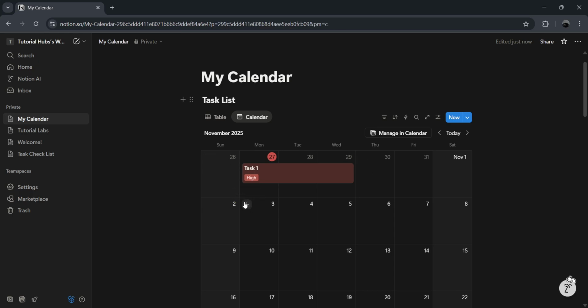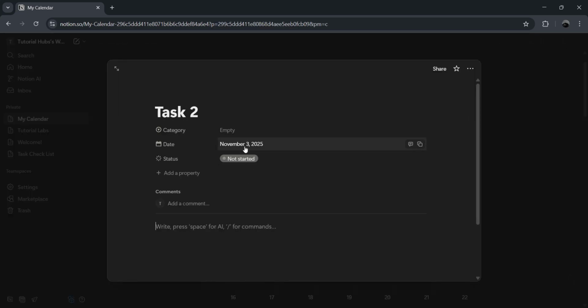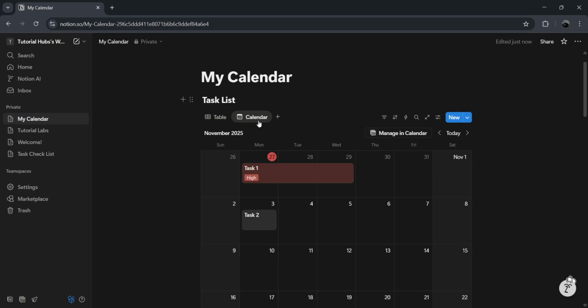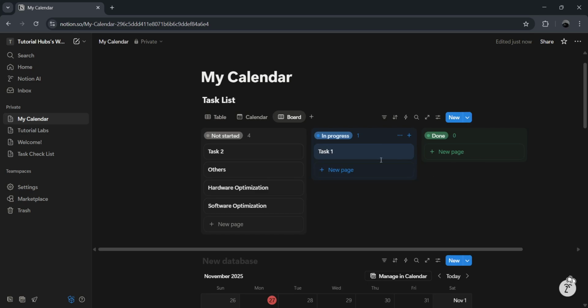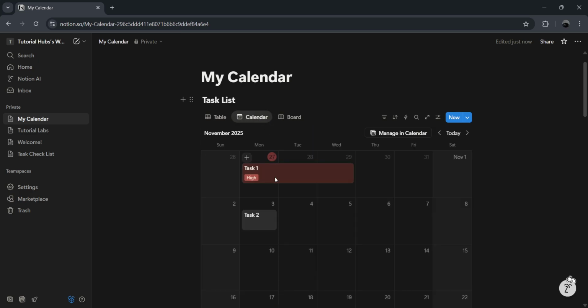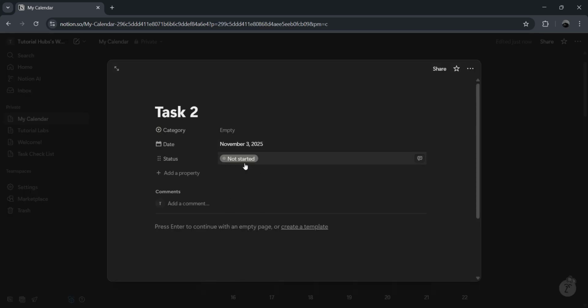For an even more comprehensive view, utilize multiple calendar views or switch to board views to see your time blocking from different perspectives, whether that's by day, week, or project. This flexibility allows you to zoom in on daily details or zoom out to see the bigger picture of your week. As you work through your schedule, mark tasks as completed within the calendar or linked task database to track